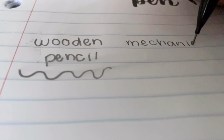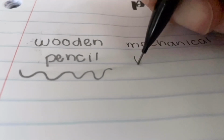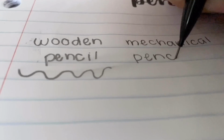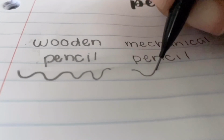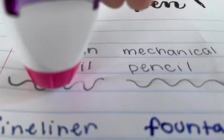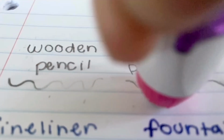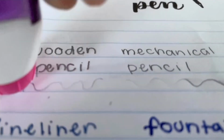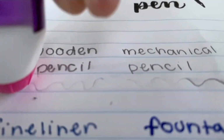Mechanical pencils are more environmentally friendly because you can refill them with pencil lead, and they are made out of plastic, but plastic is bad, but you can reuse it again and again, whereas a wooden pencil you have to get rid of once it gets too short. Pencils are also erasable and are required for certain tasks that you will have to do, so it's always good to keep a number 2 pencil with you at all times. Although picking a lead grade is also something to consider if you are an artist, because different lead grades have